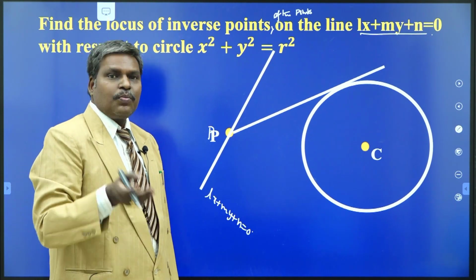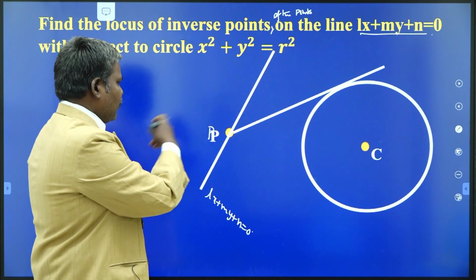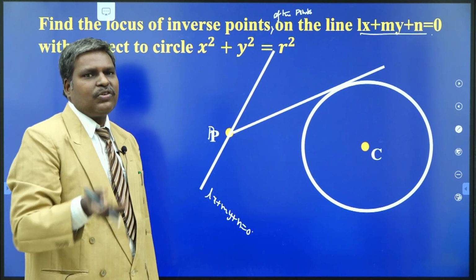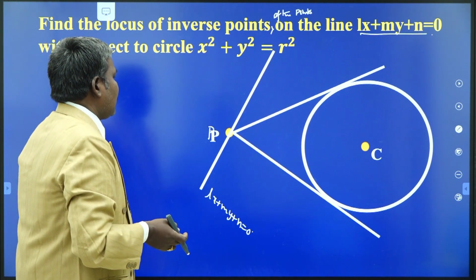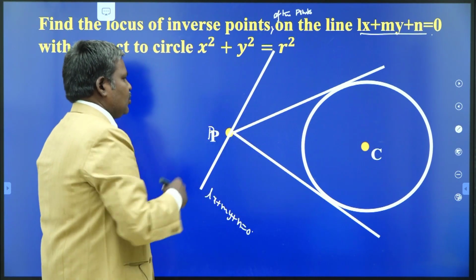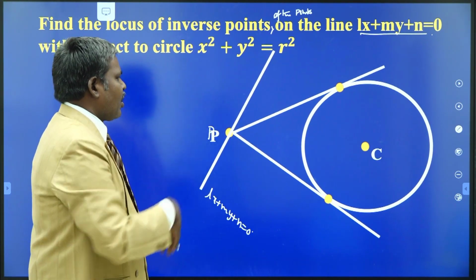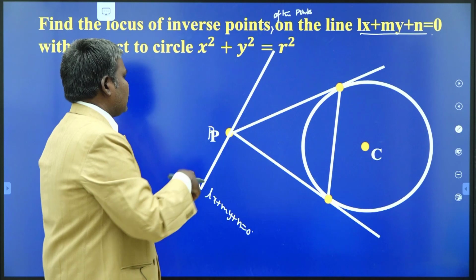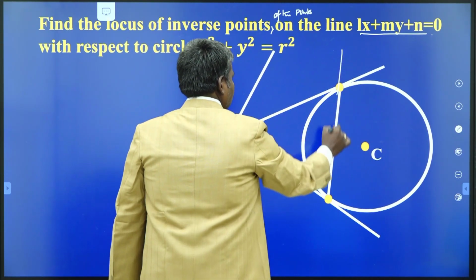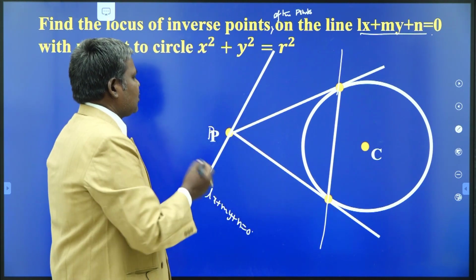What is the definition? The point of intersection of the polar of P and the line joining CP. Your point is outside here from that figure. I am going to draw the chord of contact, that gives the polar. So, this is the pair of tangents drawn from P to the circle, touching at these 2 points as shown in that figure. These are the 2 points of contact. Now, I am going to join them. We get the chord of contact. This is your polar. So, this is your polar of P with respect to the circle.